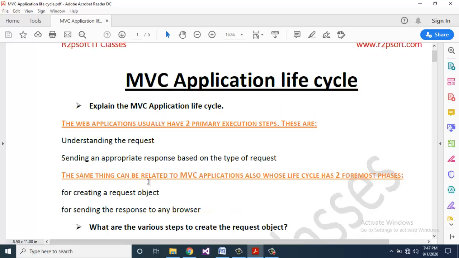The same thing can be related to MVC applications also, whose life cycle has two foremost phases. First, for creating a request object, and second, for sending the response to the browser.